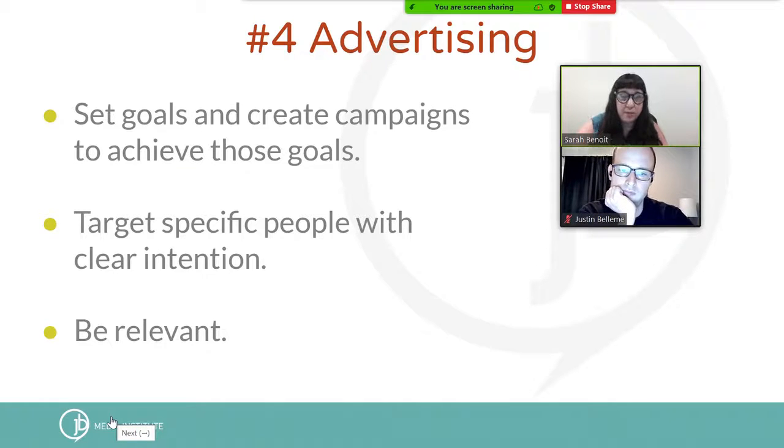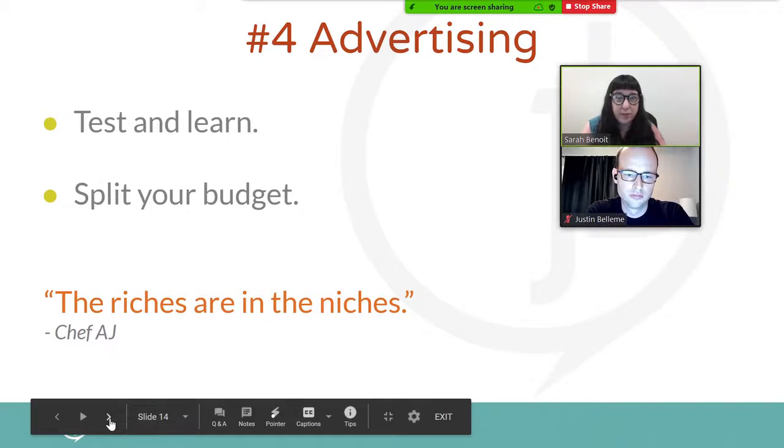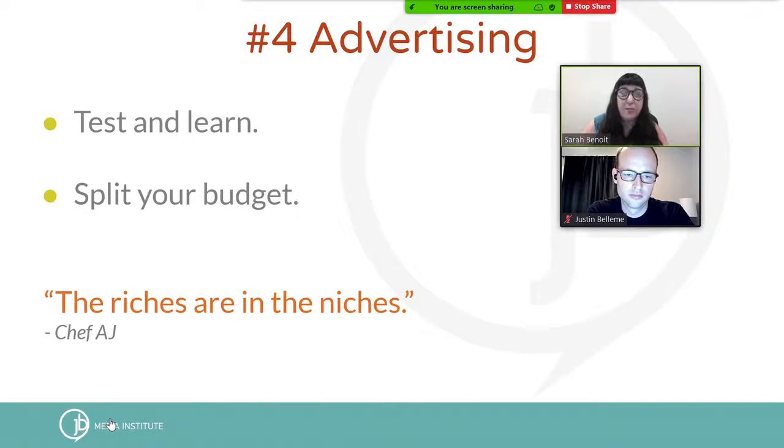So when we're going after niches, we want to have goals around our niches and create campaigns for those niches. Those campaigns can include multiple tools or one tool. They can include multiple messages or one message. It depends on how long the campaign is going to run. But you want to target people, very specific people, with clear intentions, and you want to be very relevant to them. And when you're doing advertising, you can't sort of just create the campaigns and then walk away. You really want to test and learn